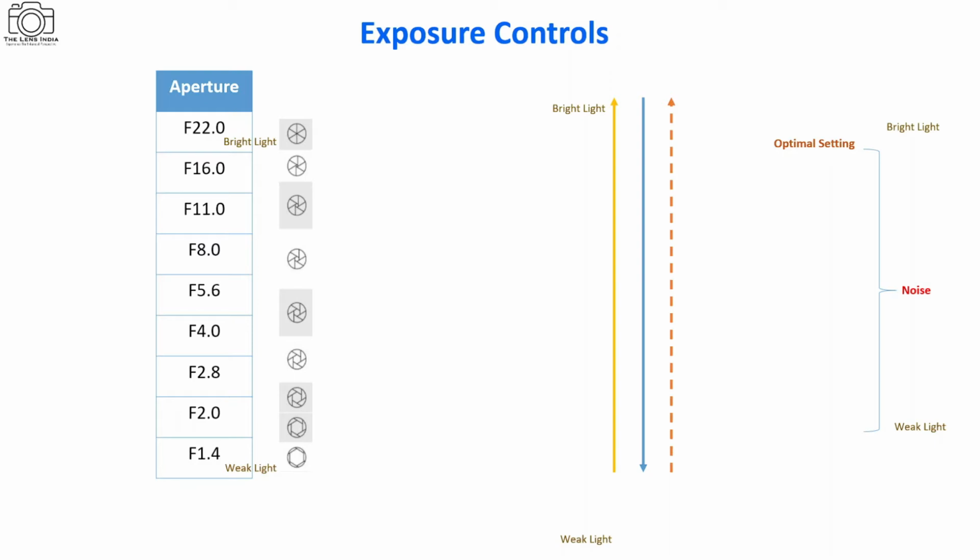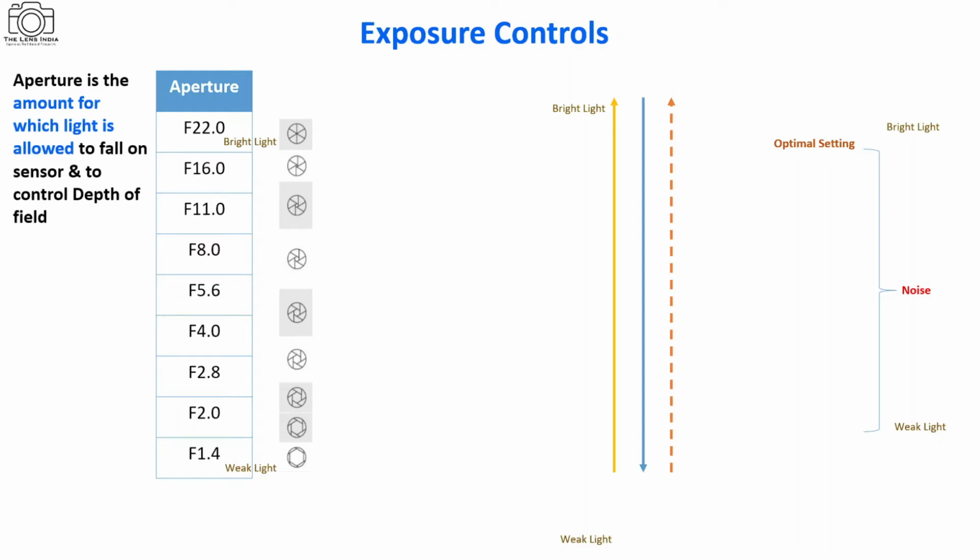So what does it mean? When we set our camera to f1.4, the hole becomes big. The aperture opens very wide and allows maximum light to enter the camera. On the contrary, when we set our camera to f22, the aperture hole becomes very small. That is the narrow opening, as we normally call it in photography. When we are shooting in a bright light situation, we need to close down or narrow down the aperture so that less light enters and allows us to achieve control on the exposure.